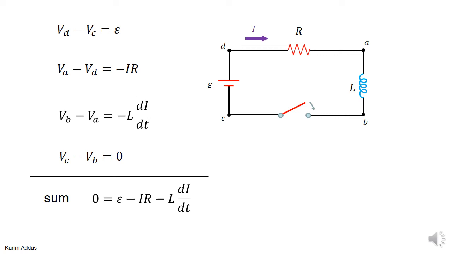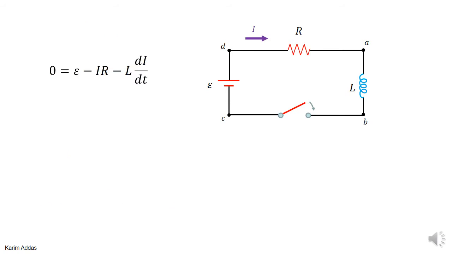We want to now try to find the energy stored in an inductor. So let's go back to the loop equation we got in the previous file, and let's look at this loop equation in more detail. If we just bring the EMF on one side and IR and L dI by dt on the other, we get this equation. Now, if you look at this equation and you multiply both sides by the current,